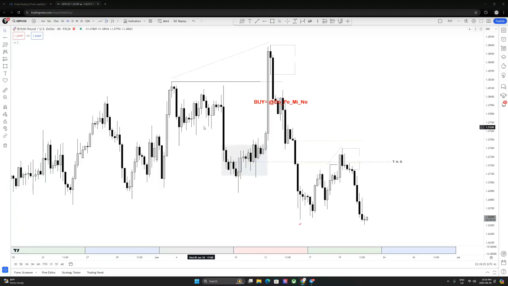What makes it high probability? The true month open is where? True month open is within the breaker, right? So this makes it high probability. Why? For many reasons. But the most obvious one is that once price pierces the breaker at 50%, which the true month open is around the 50% of that breaker, not entirely, but around that area. Once price pierces the 50% of the breaker, it pierces the true month open as well,